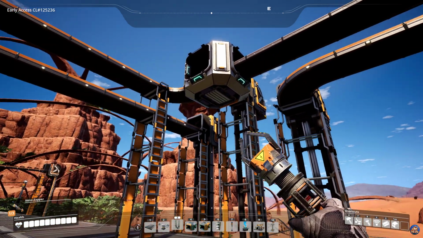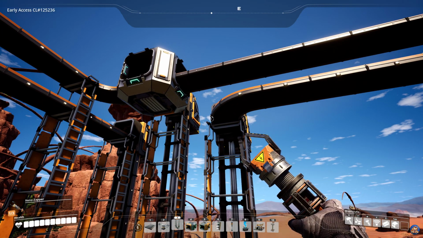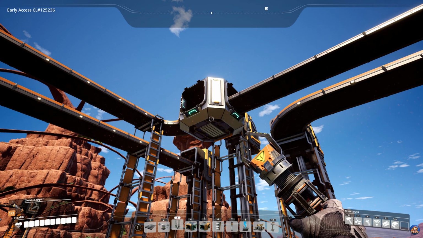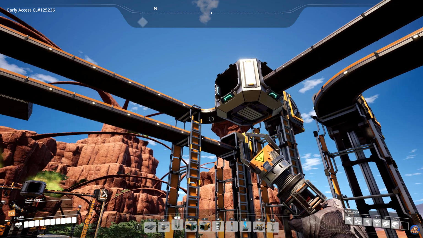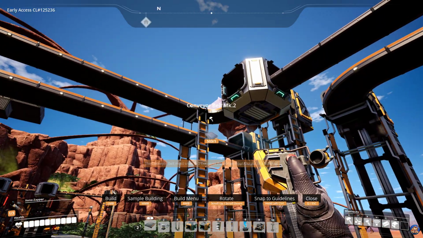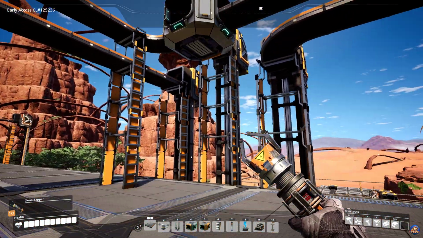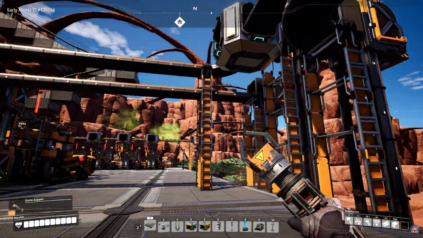Now I could have done this in the actual recording, but man, this thing is kind of complicated. So what you're looking at up there is a splitter, and I think that belt there is wrong. I think that's supposed to be a Mark II belt, so let's just go ahead and make sure that... No, it is a Mark II belt. It needs to be a Mark II belt, because obviously each of these lifts are able to carry 120 products